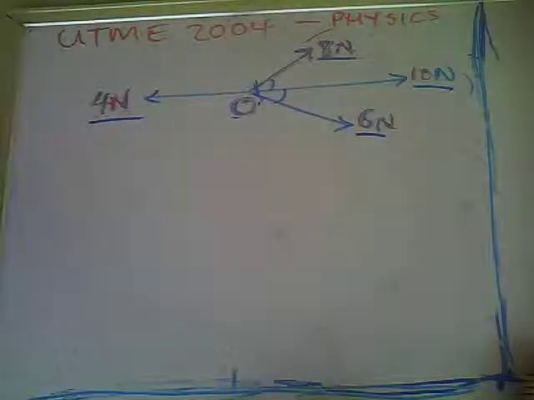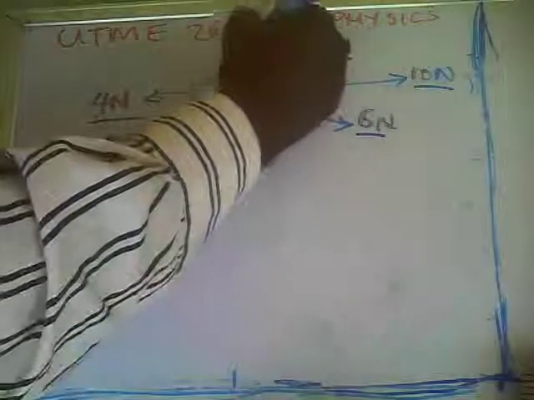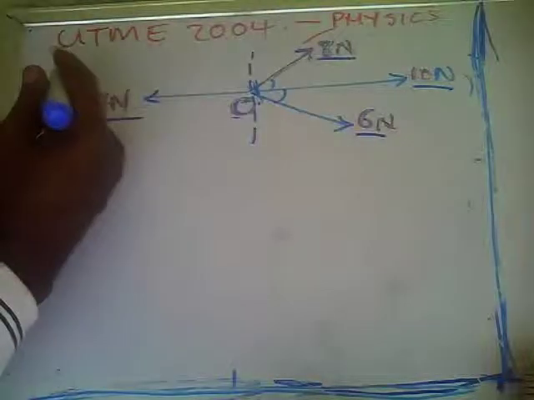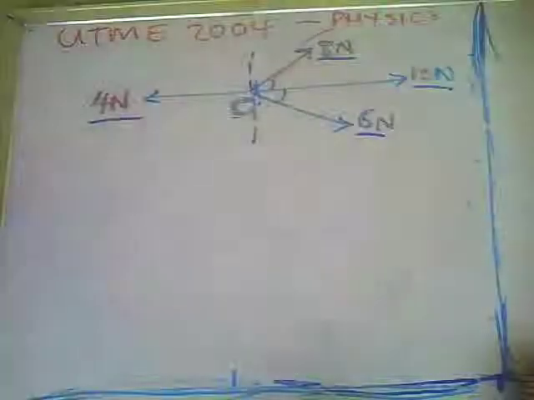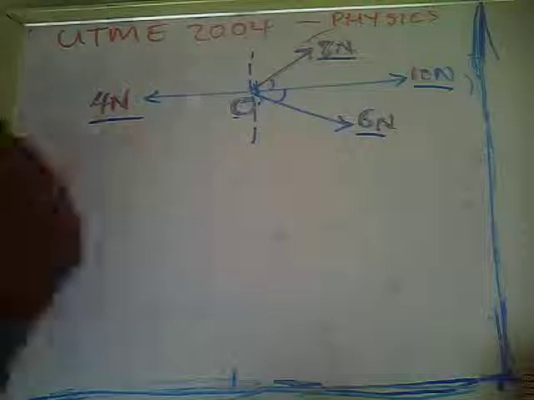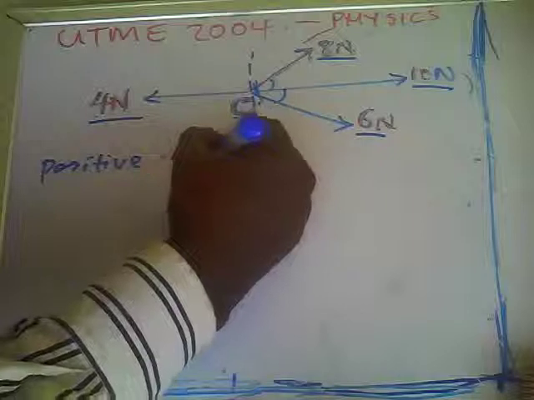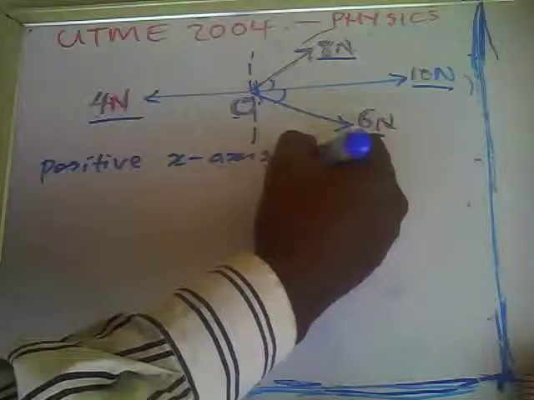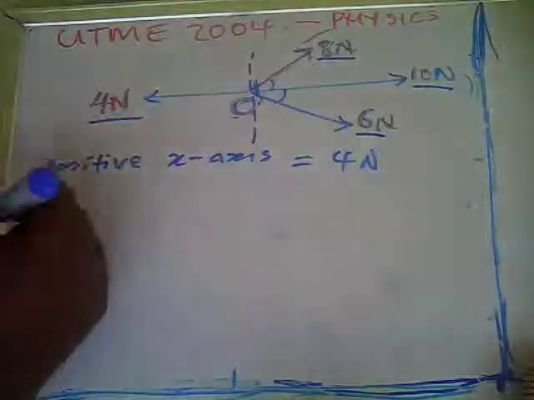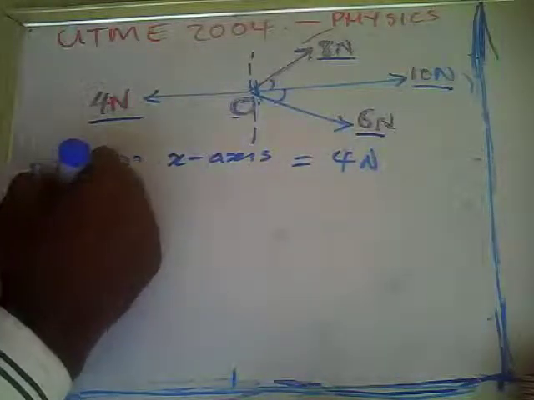Now to solve, we need to understand that the sum of forces acting in one direction is equal to the sum of forces acting in the opposite direction. That knowledge is vital to solving this problem. So we can partition here. We know that this is the negative x-axis and this is the positive x-axis. So we resolve all the forces along the x-axis. Along the positive x-axis, we have a force of 4 Newton. Now along the negative x-axis,